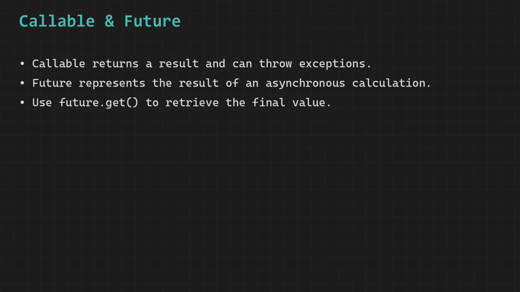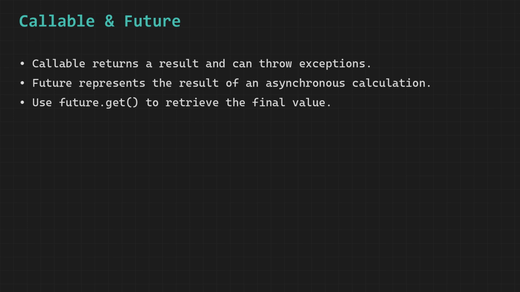Think of this Future object as the buzzer or pager that a cafe employee hands to you at the counter after you place your coffee order, which you hold in your hand while you go and find a seat and relax and do other things while your coffee is being carefully prepared behind the counter, and you do not need to stand there and stare at the barista the entire time waiting for it to be done. The coffee is not ready yet at the moment you receive the buzzer, but you are holding the guarantee in your hand that it will be ready soon and that you will be notified or able to retrieve it when the time comes without having wasted any of your time just standing and waiting doing nothing productive.